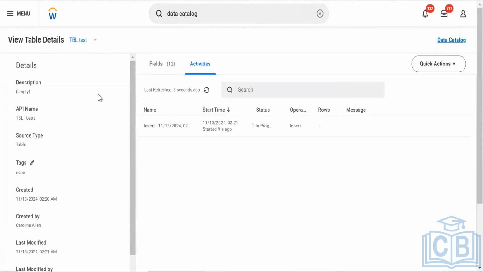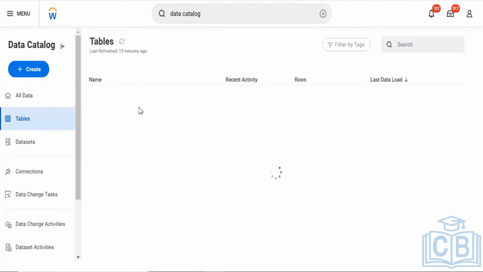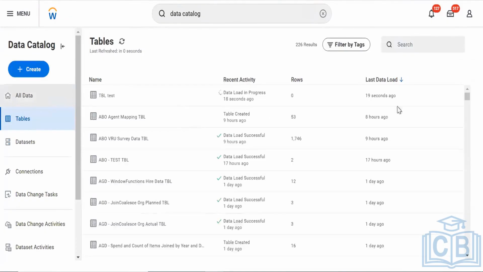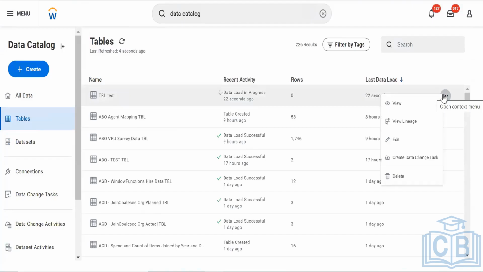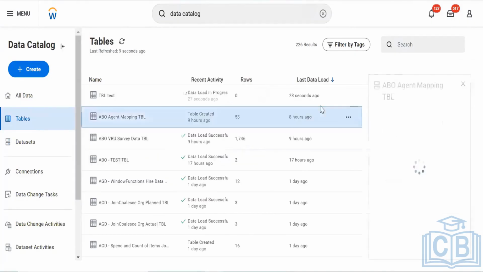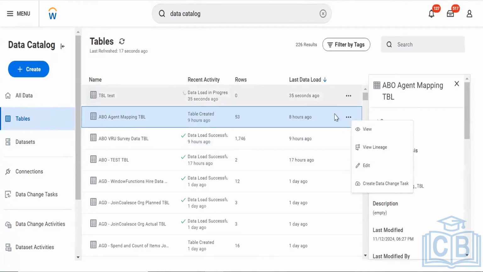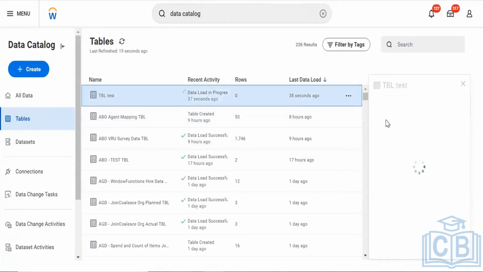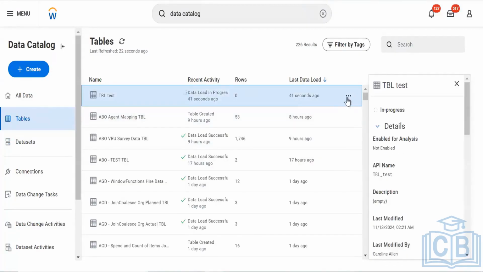Here the transformation is in progress, which means it's uploading the data. See, here I'm getting the option to delete it. But if I try to delete this other one, I'm not getting the option. The difference is, let's see if I click on this, I can see it in two ways. First of all, I can see the lineage of it. I can click on View lineage. Once that loads, I will show it too.